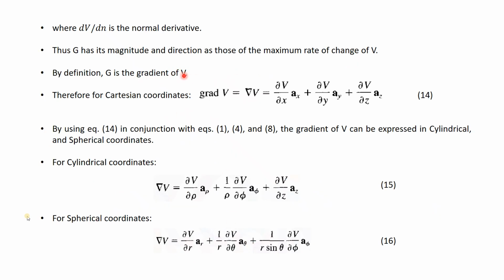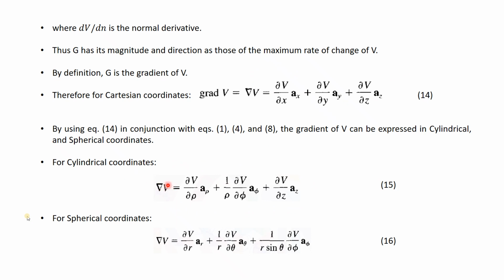That means dv by dl equals g, where g is the gradient. So g is actually the gradient of v. So we will write, forget about g, gradient of v is equal to del v, which is nothing but the rate of change of that particular scalar. V is a scalar, so it can be potential, it can be anything. So the rate of change of that scalar along the shortest path is called the gradient. Now this is the formula.